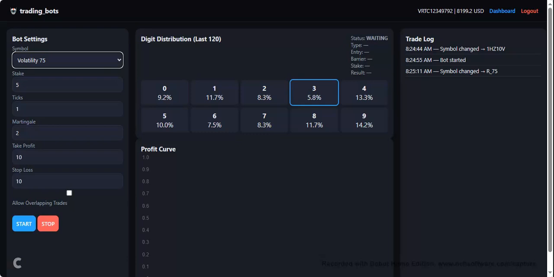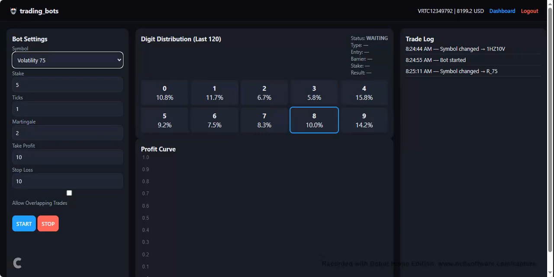Risk and position management are also integrated. The system supports optional overlapping trades, allowing multiple positions to run simultaneously when signals appear consecutively. Additionally, the bot includes configurable martingale progression, alongside take profit (TP) and stop loss (SL) controls to regulate exposure and